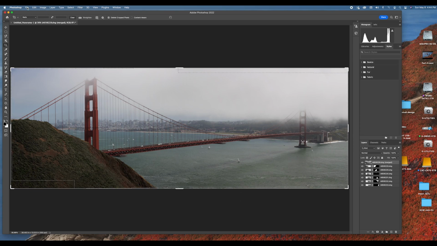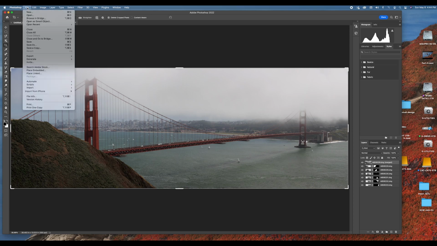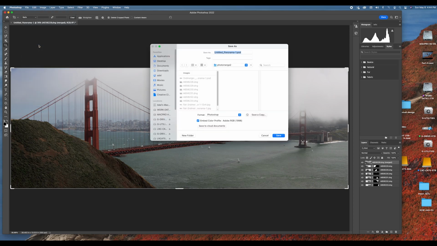So what I usually do is, well, first, if you'll notice these running dashes or ants, some of the areas were automatically filled in by Photoshop because I asked it to fill in the blank areas. So I'm going to do Command D to deselect those. And I'm going to go File, Save As, and I will retain the PSD format, and I'm just going to call this Merge